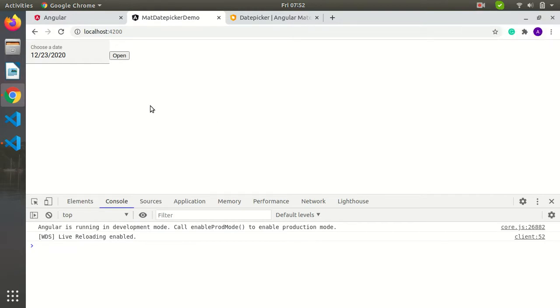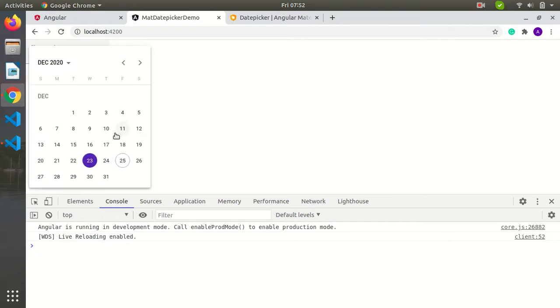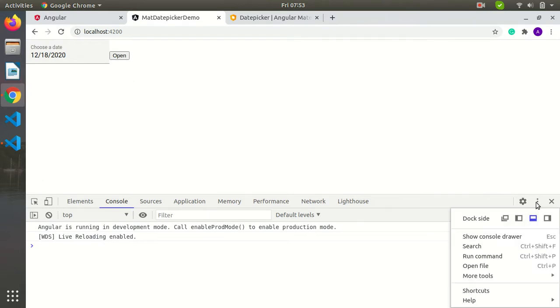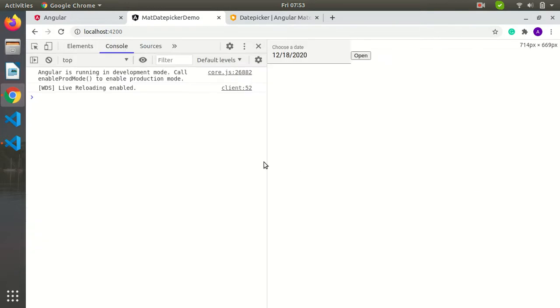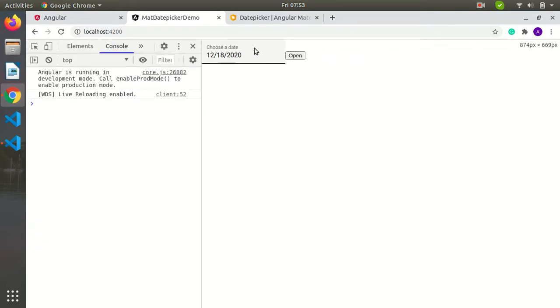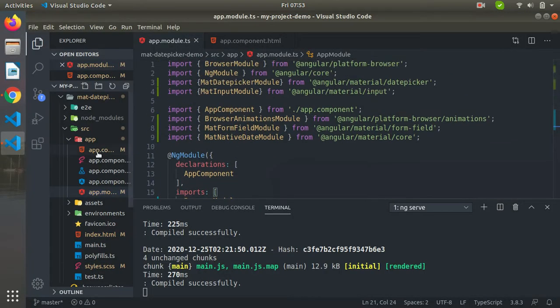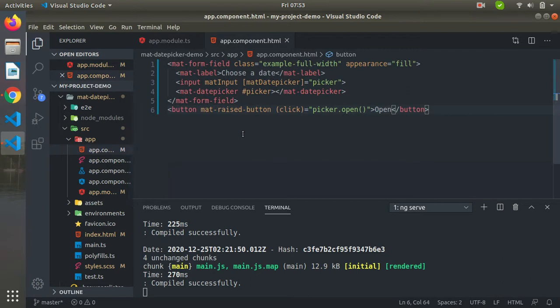Now we have implemented this calendar and mat date picker into this app perfectly, but one more thing I want to add, that we need these selections in our TS file so that we can process them for further requests or further actions.